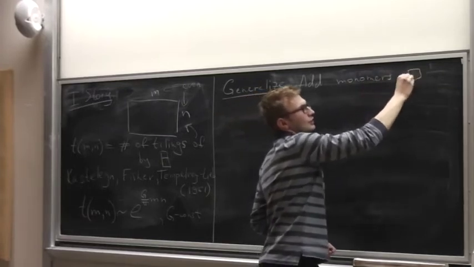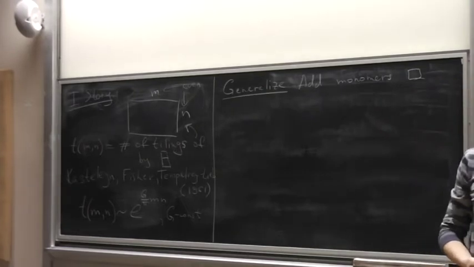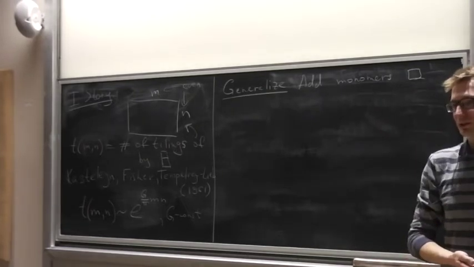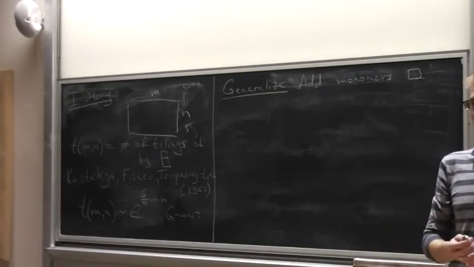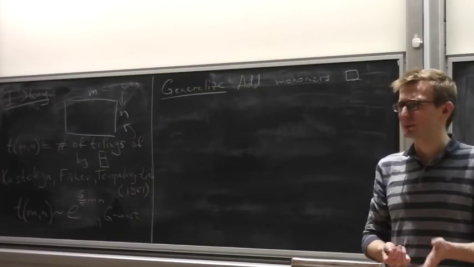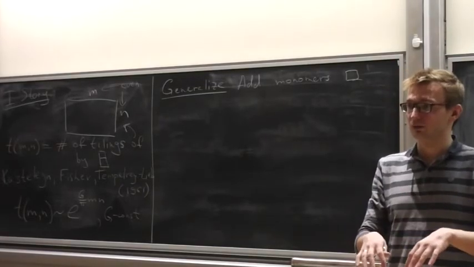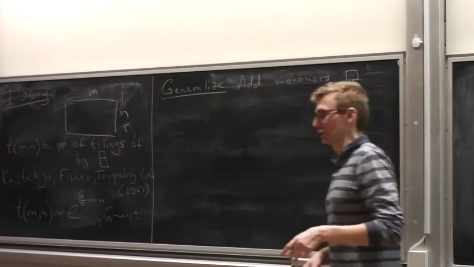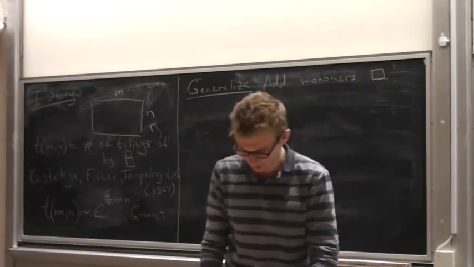There are two options to do that. One option is to add some constant number of monomers. Let's say I have only 3 monomers or only 5 monomers. Or, which from a purely combinatorial point of view seems to be harder, is to put a certain ratio of monomers. This is what I will be talking about, and this is really hard from a combinatorial point of view, but